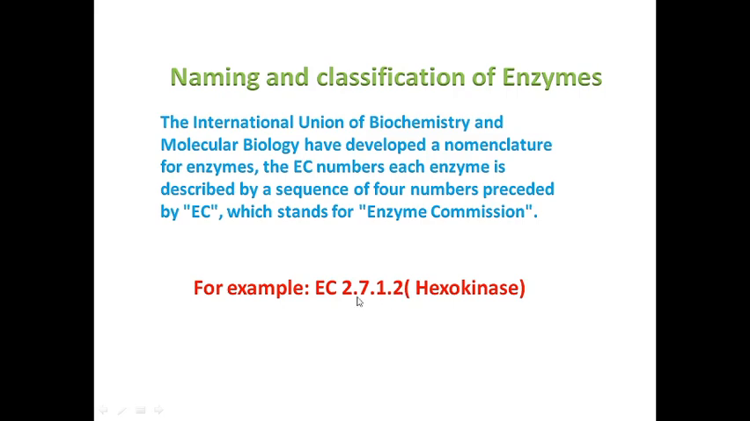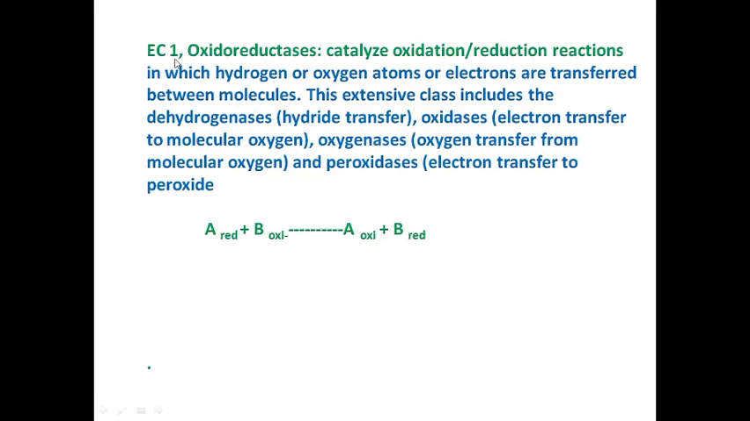So let me tell you, first, of the main 6 classes of enzymes, the first integer designates the class. So we have 6 classes of enzymes. How did hexokinase get its class? So we'll be studying that. We have 6 classes of the enzymes. Number 1 is EC1,